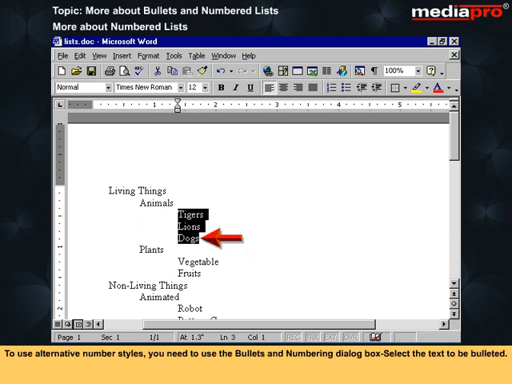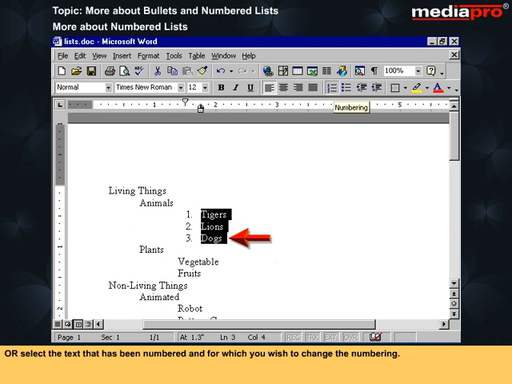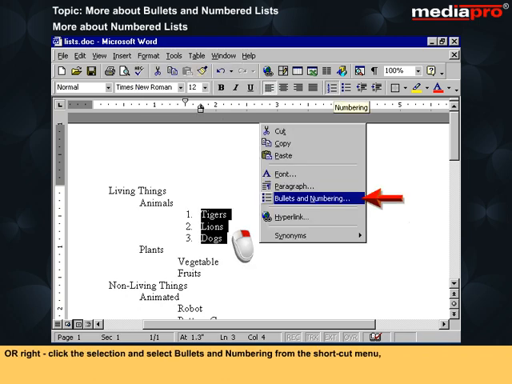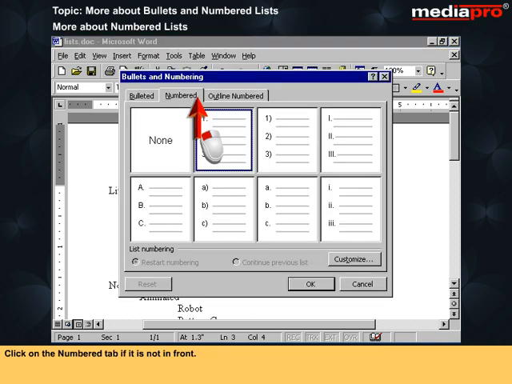To use alternative number styles, you need to use the Bullets and Numbering dialog box. Select the text to be numbered, or select the text that has been numbered and for which you wish to change the numbering. Select Format, Bullets and Numbering from the menu bar, or right-click the selection and select Bullets and Numbering from the shortcut menu. Click on the Number tab if it is not in front. Select from the available gallery of alternative number styles. Click on OK